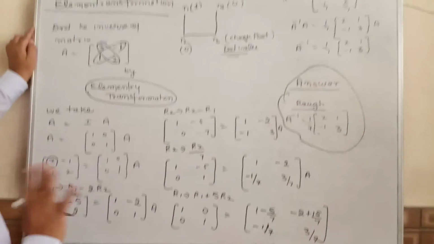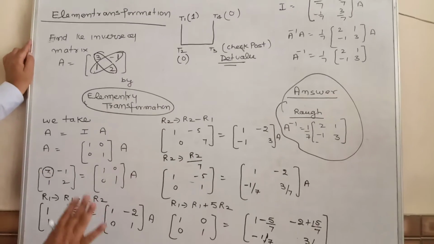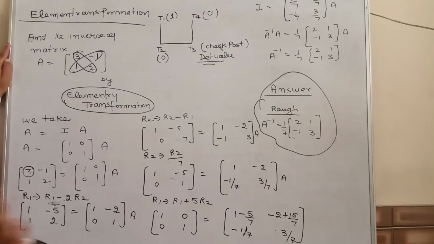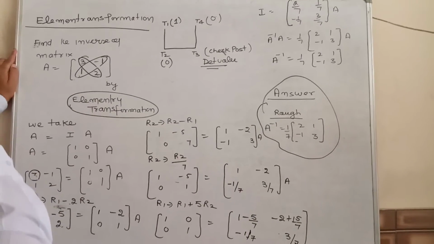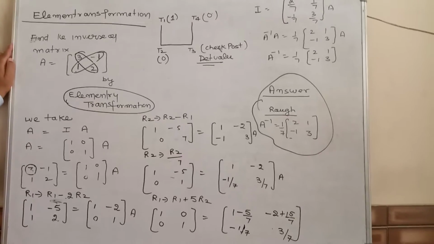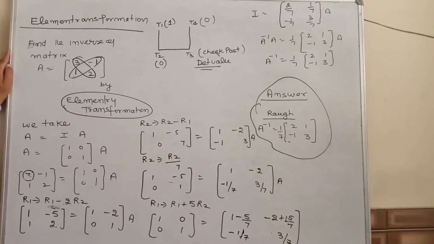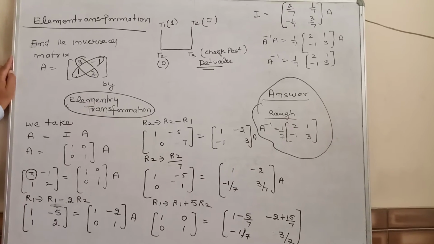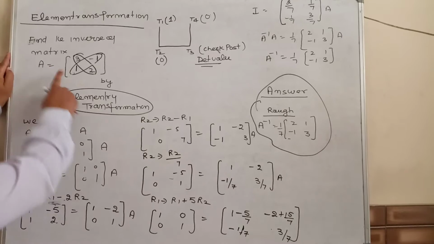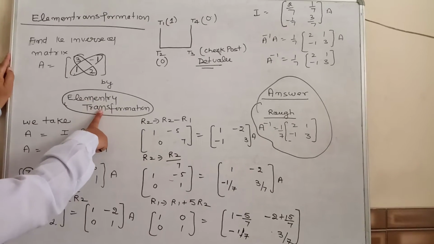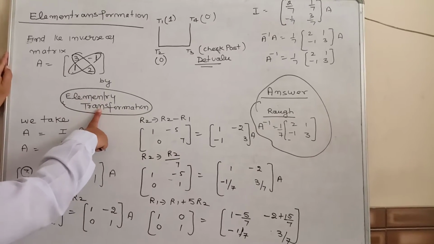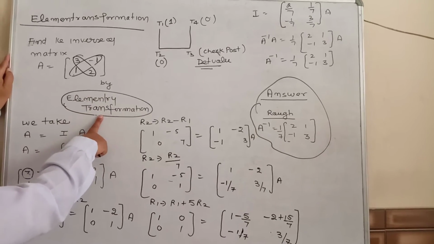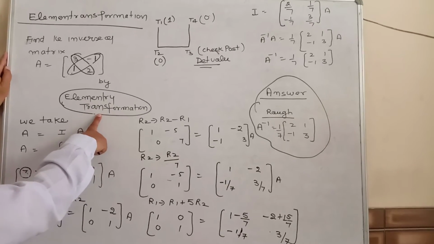So first of all, in this question, have the answer of the particular question for which you are going to find the inverse of the matrix. But this shortcut is not applicable in a 3 into 3 order matrix, because for a 3 into 3 order matrix there does not exist any shortcut method to find the inverse. Now, if there is an elementary transformation, then we can proceed either by row method or by column method. Either by row or column. So now there is a choice. You can proceed on your own either by row or column.